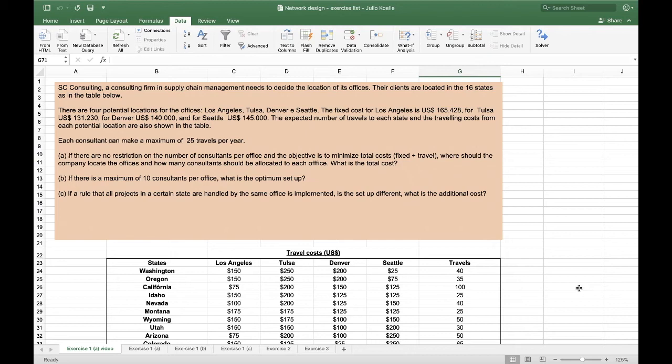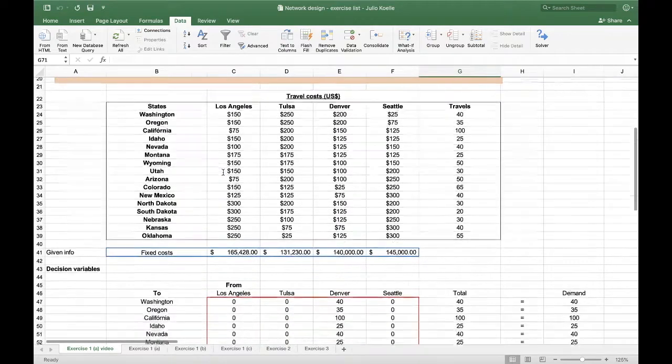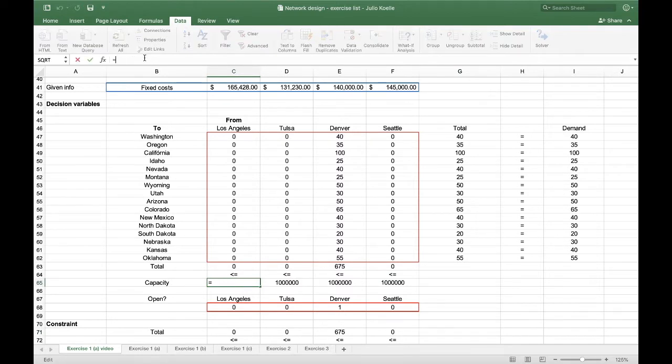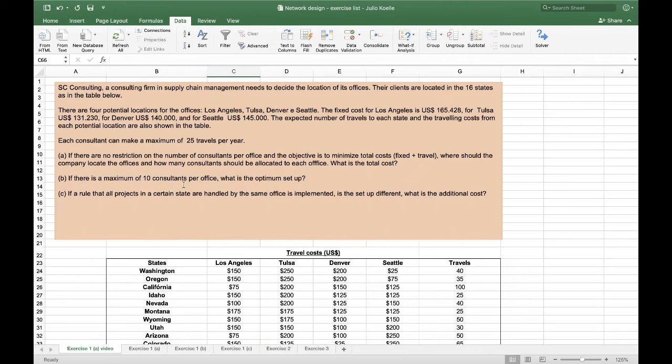Now to solve letter B, we have to slightly adjust the capacity to a maximum of 10 consultants per office. In this case, here we had a maximum capacity of 1 million. This was guessed because we didn't have a constraint, but now that we do have a constraint, it will be 10 times 25. Why? 10 is the maximum number of consultants per office, 25 is the maximum number of travels